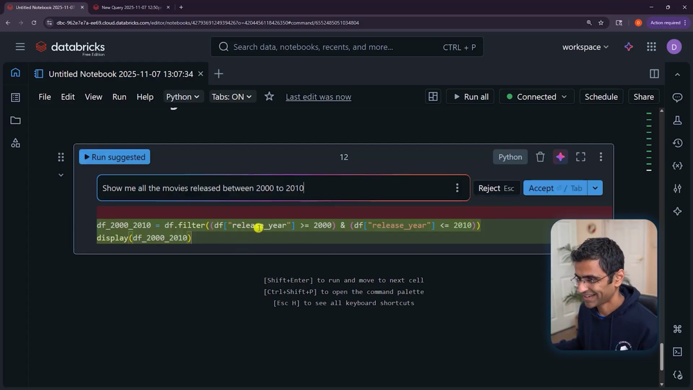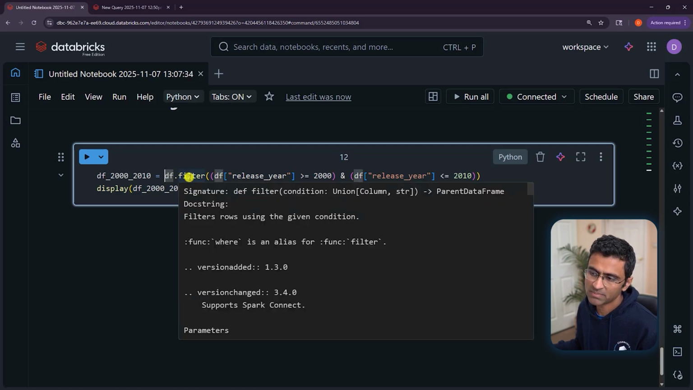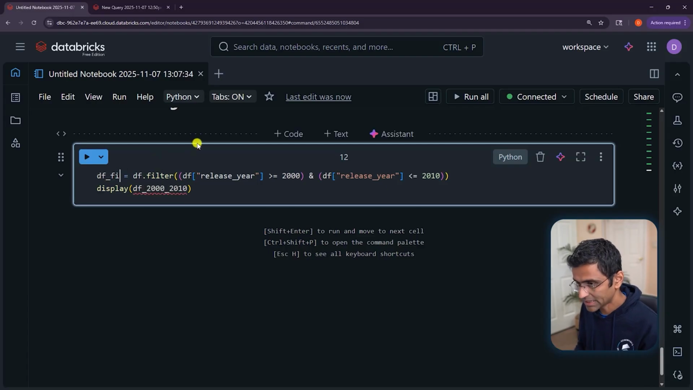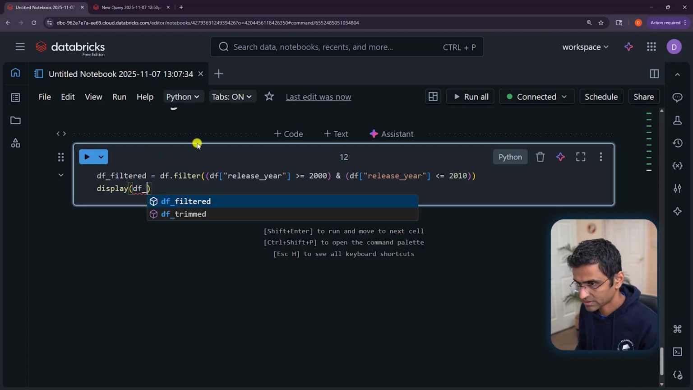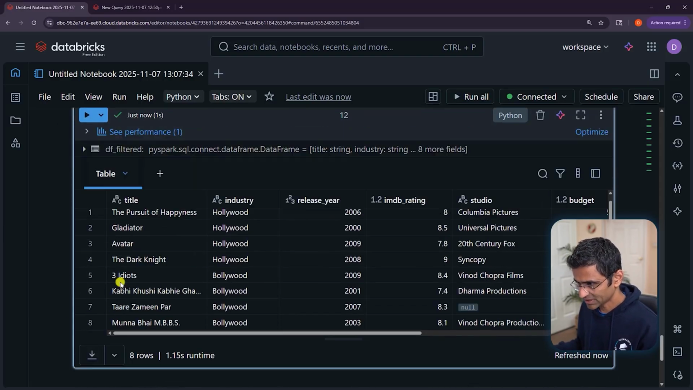See, this query looks good. So you will say accept. And here, as you can see, you will use this method df.filter, where you will give your criteria. Okay, release year should be greater than or equal to 2000 and less than or equal to 2010. I will call this df filtered. Okay, so let's call this df filtered, control enter, and see, now you're seeing all the movies between 2000 and